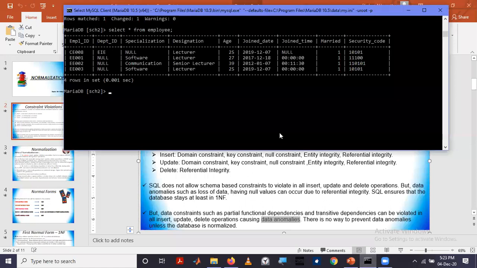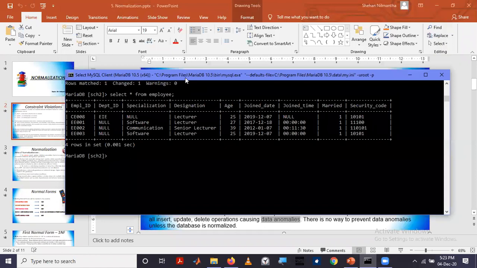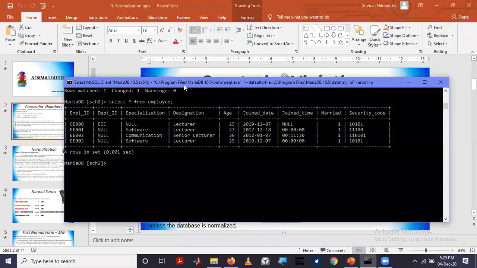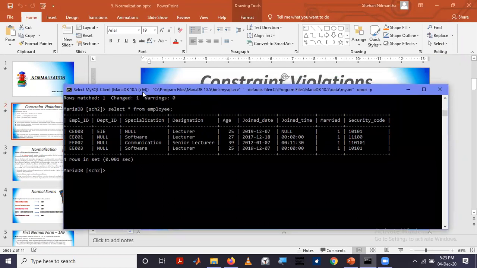For example, if there is a transitive dependency here, I can observe a transitive dependency between specialization and department ID.